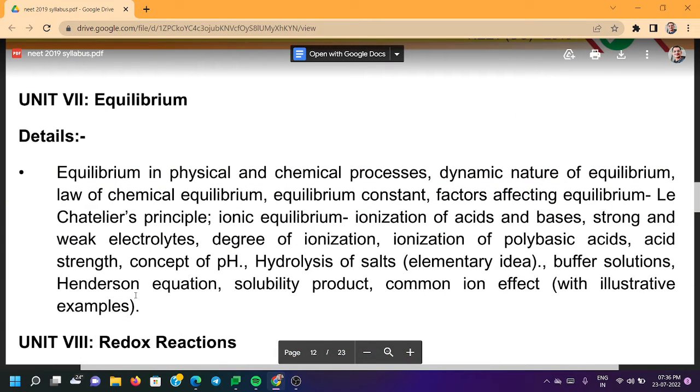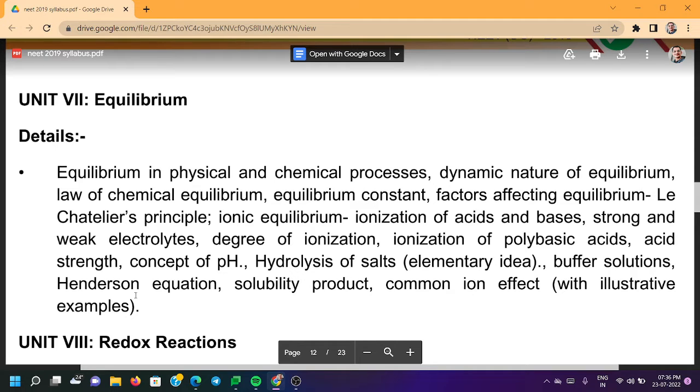Class 11 Chemistry Unit 7 Equilibrium. Equilibrium in physical and chemical processes, dynamic nature of equilibrium, law of chemical equilibrium, equilibrium constant, factors affecting equilibrium, Le Chatelier's principle, ionic equilibrium, ionization of acids and bases, strong and weak electrolytes, degree of ionization of polybasic acids, acid